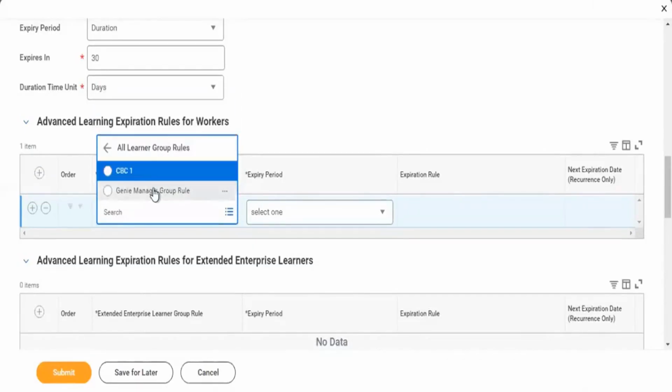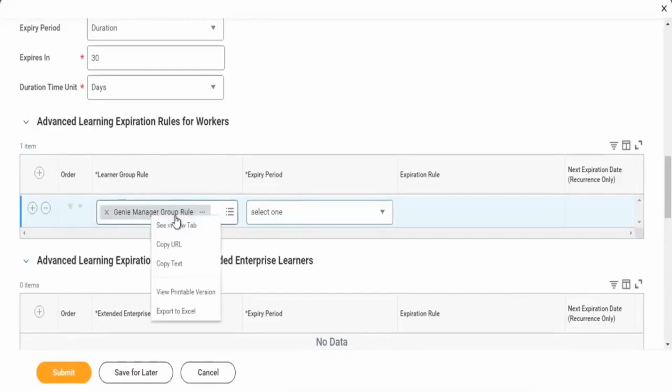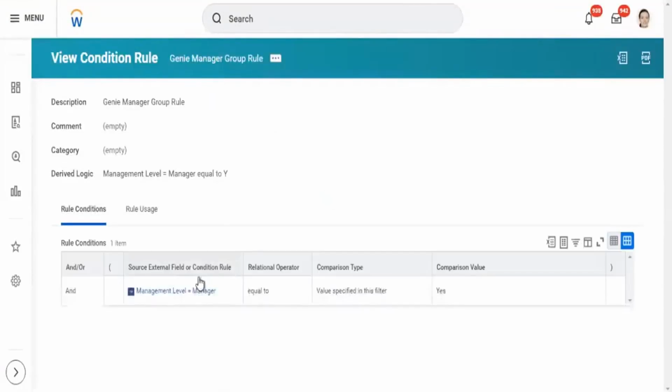I'm taking string 1. You can make this rule. You can go to the rule. You can group instances here. When I say group, you can say when employee is equal to manager or when employee is equal to director, and this will apply.